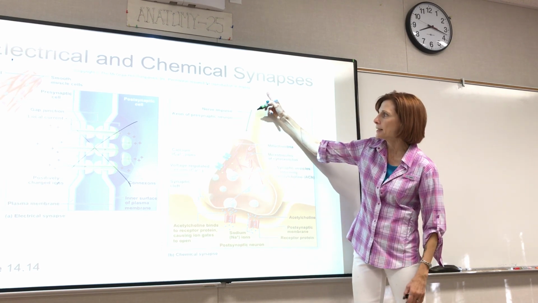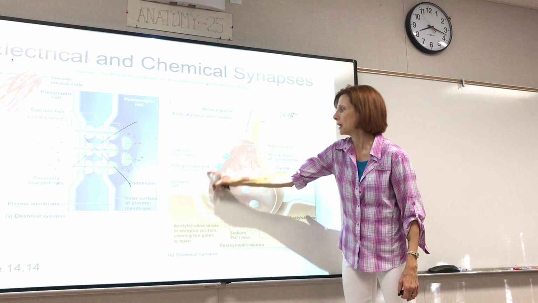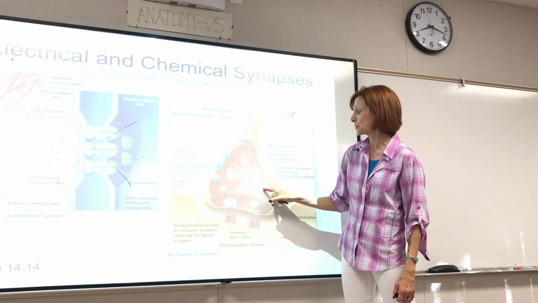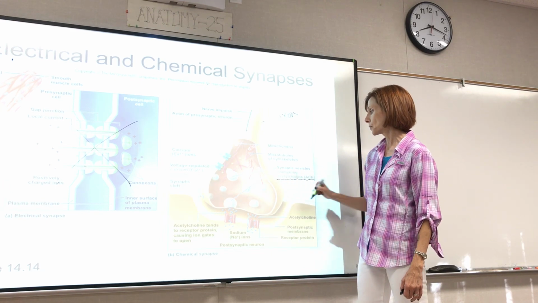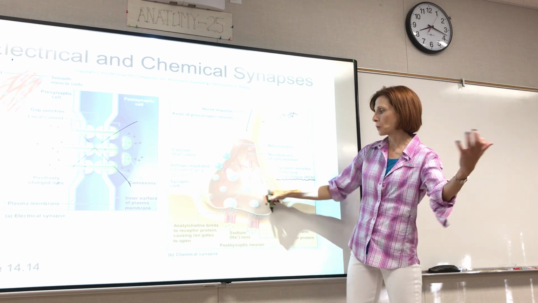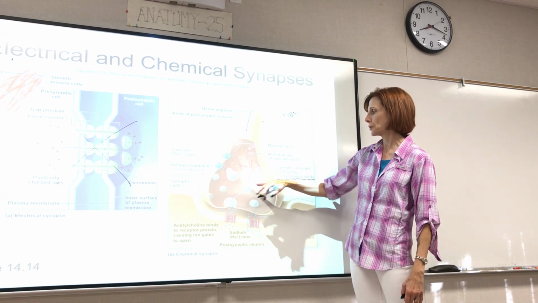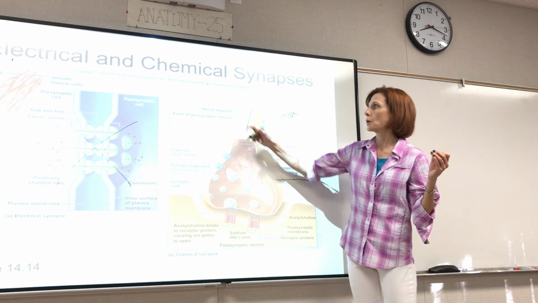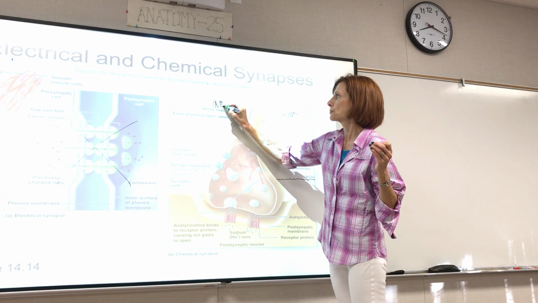Okay, so this is the end of our axon, right? This is a synaptic knob or synaptic bulb. And notice there are little synaptic vesicles with the neurotransmitter here. They are actually using acetylcholine as the neurotransmitter, something you are familiar with. So we've got our acetylcholine molecules in our synaptic vesicles. Now when the action potential, the same thing as the nerve impulse,